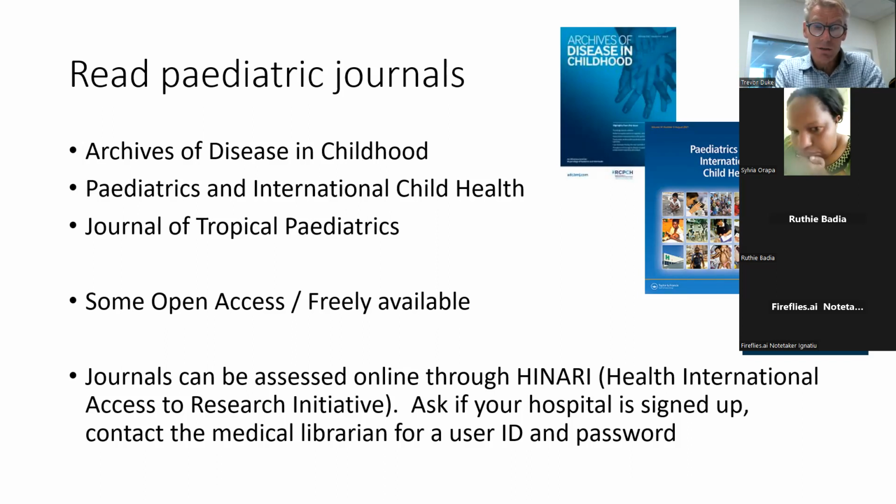There's another one called Pediatrics and International Child Health, which is probably a little bit more focused on clinical aspects of pediatrics that are highly relevant to PNG, as well as the Journal of Tropical Pediatrics, which I think is now just an online journal. These three journals, I think, are quite useful to trainees and pediatricians to just every now